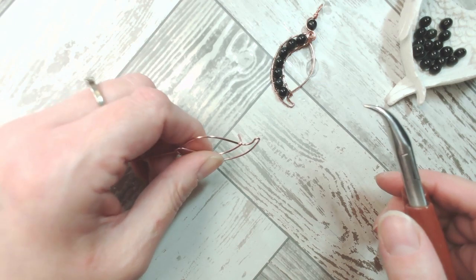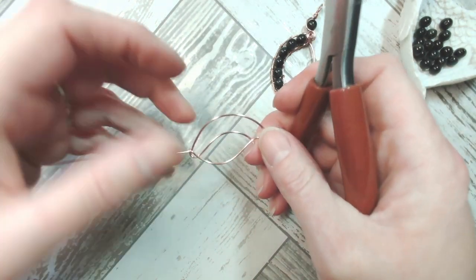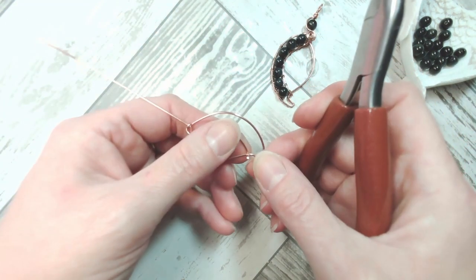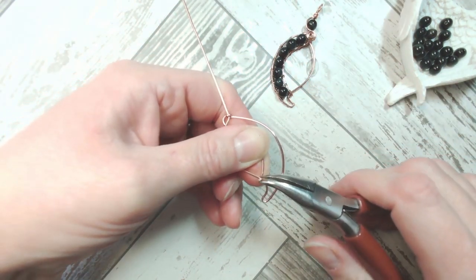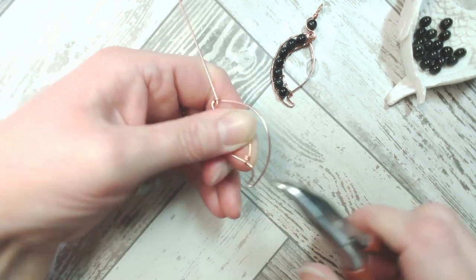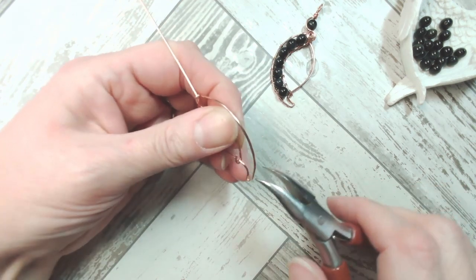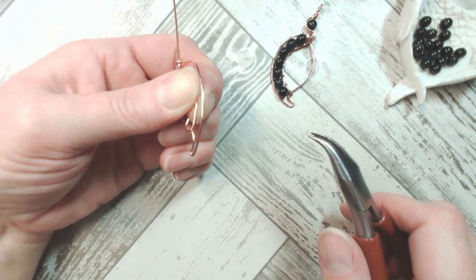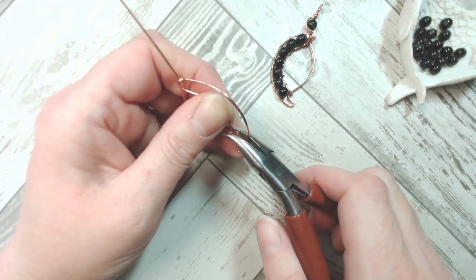If the wire has become tense because you've worked it quite a lot, that could be a little bit sore on your fingers, in which case I'll show you how to do that with pliers. I'm just going to grip that from underneath now and take that tail over around the section of wire that we just proceeded with, and then I'm going to create a hook shape. So you can see the hook is going around that swoosh of wire,